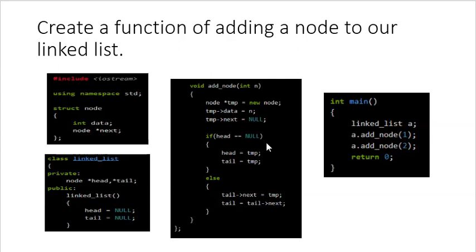If head is null, meaning no other node is assigned to the head, then head is equal to temp, meaning that this temporary node will be head and this temporary node will be tail. For example, if we are creating a new node, it will be the head of the linked list, and also it will not be pointing to any other node, so it will also be a tail. But else